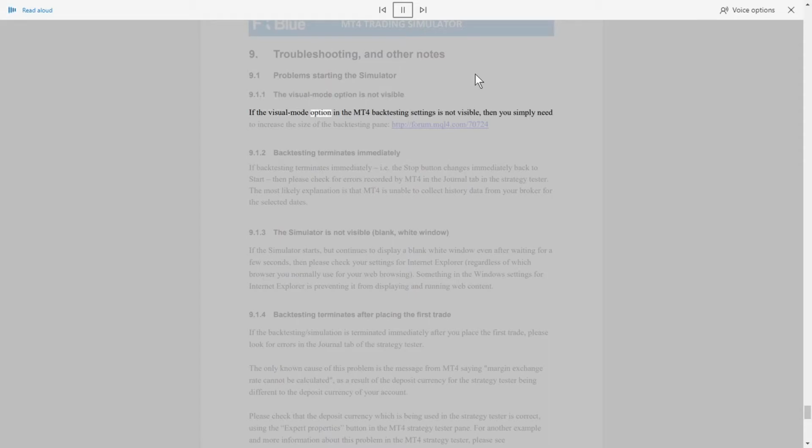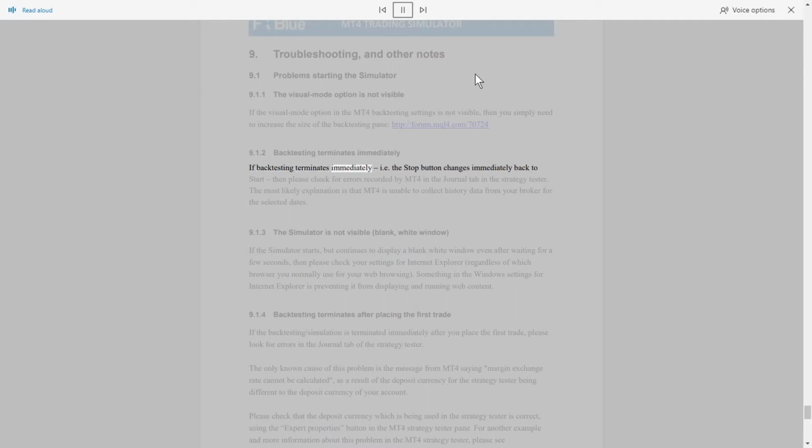If the visual mode option in the MT4 backtesting settings is not visible, then you simply need to increase the size of the backtesting pane. http://forum.mql4.com/70724